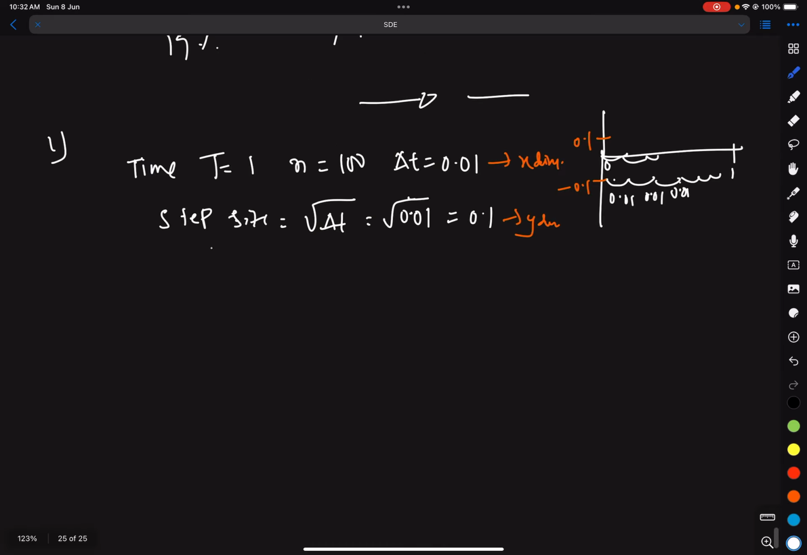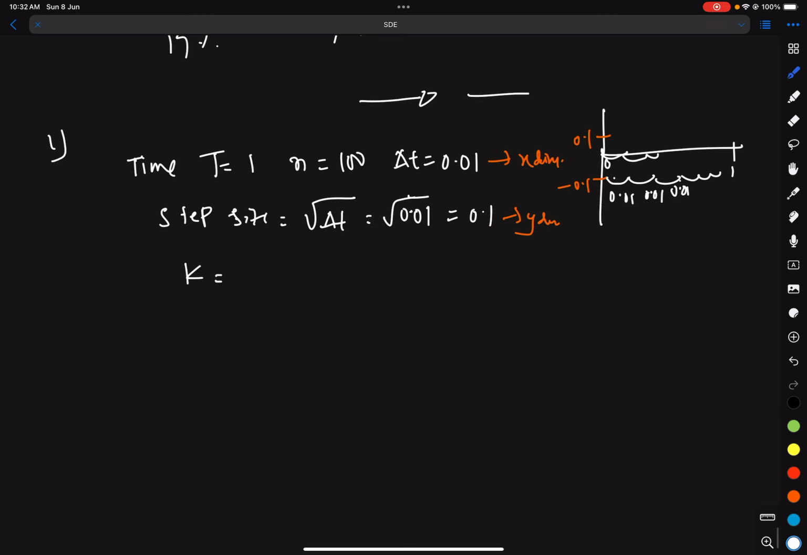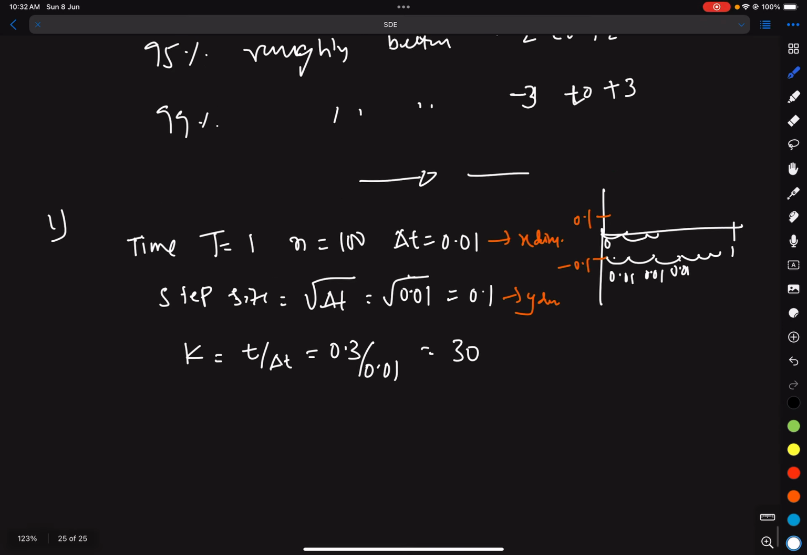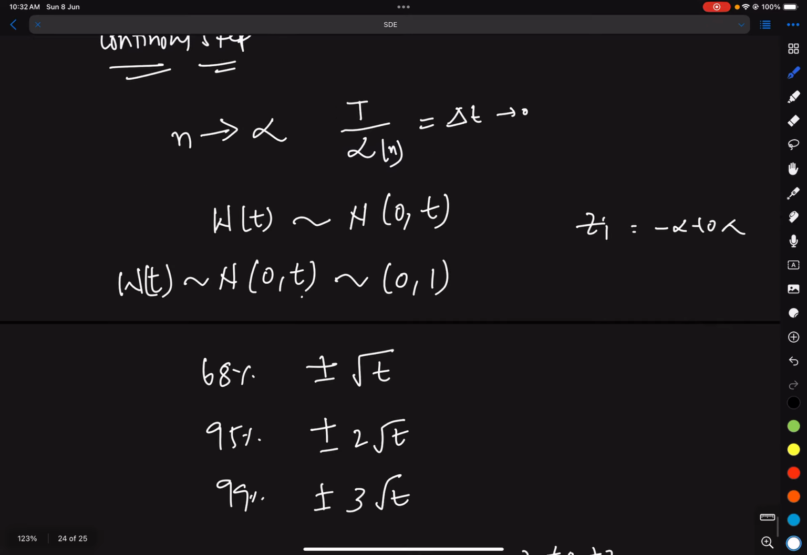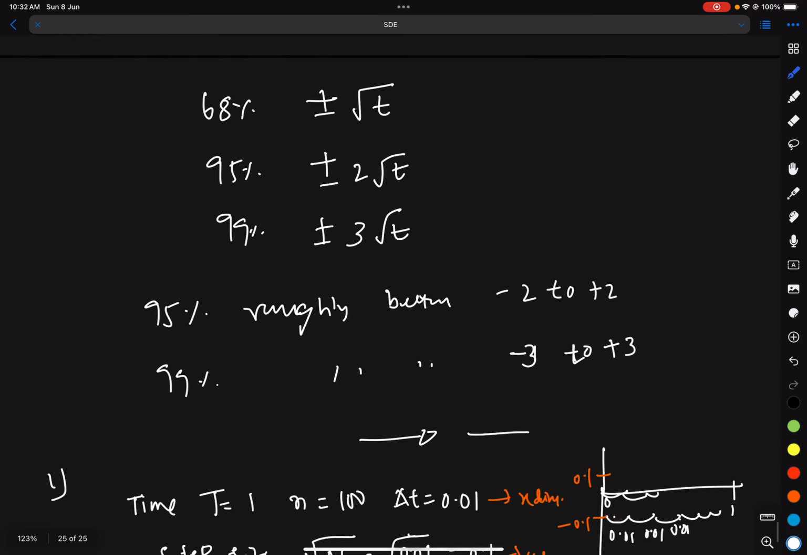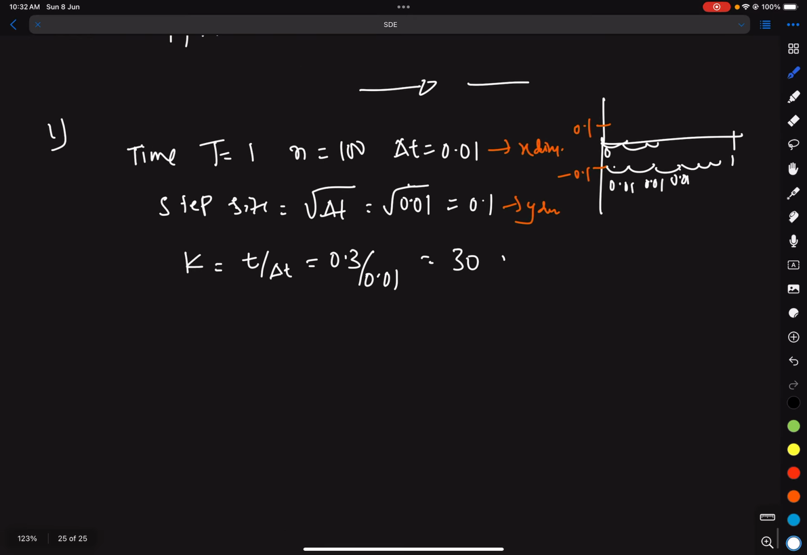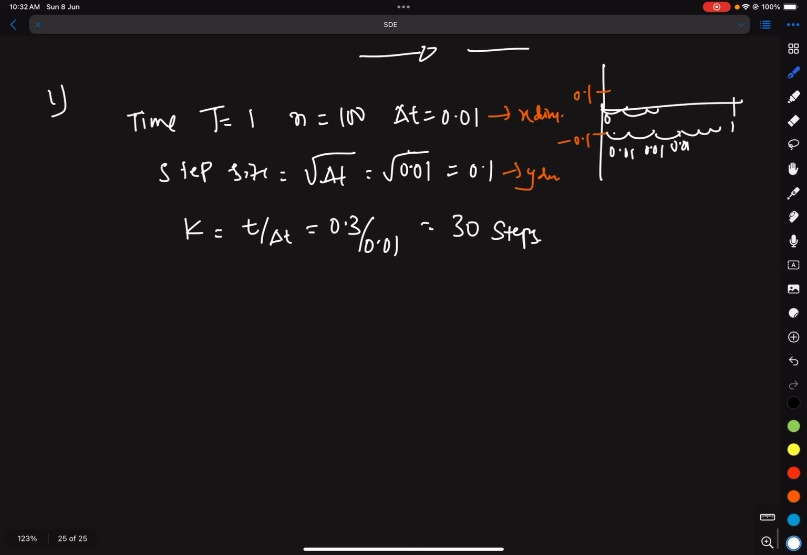Okay, so once we have variance, standard deviation, time, and number of steps, then it's easy to calculate the total steps that we took, right, which is t by delta t, 0.3 by 0.01, which is 30 steps. I guess earlier I explained that also. So overall we took 30 steps, and zi for discrete is plus or minus 1, and zi for continuous is